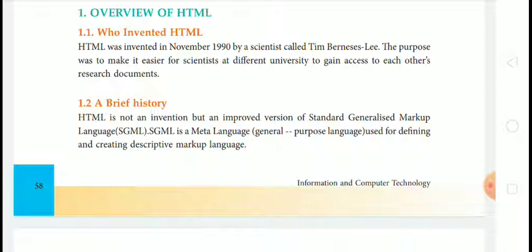Means in the year 1990, the scientist Tim Berners-Lee invented the HTML language. The purpose was to make it easier for scientists at different universities to gain access to each other's research documents.